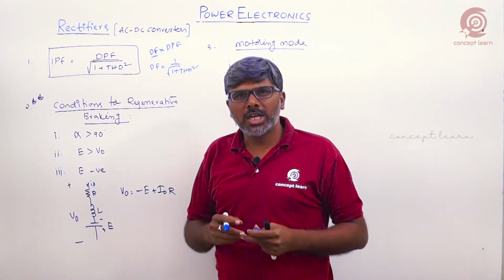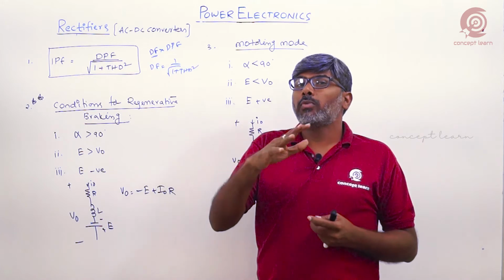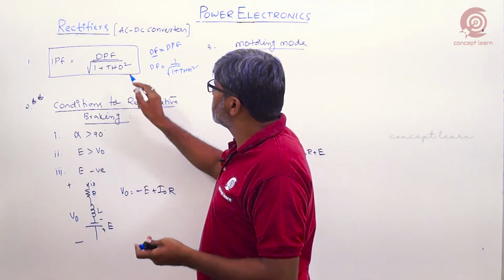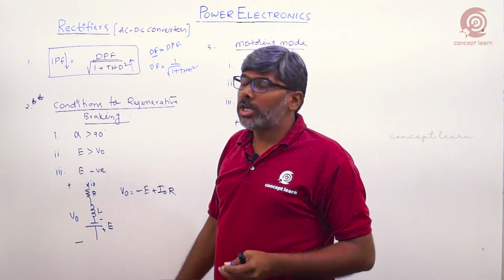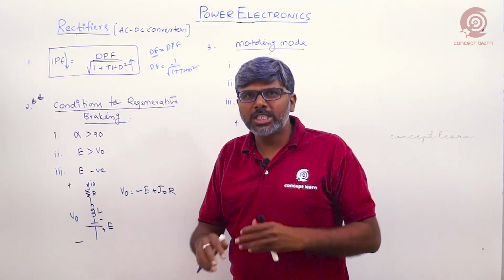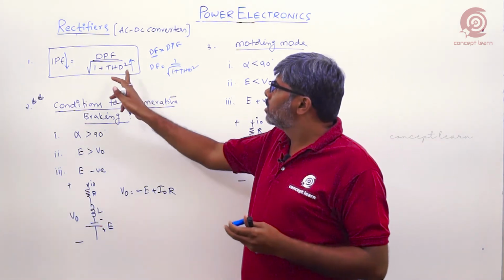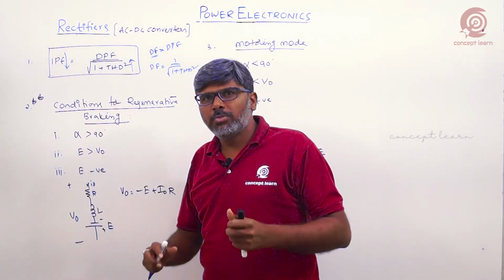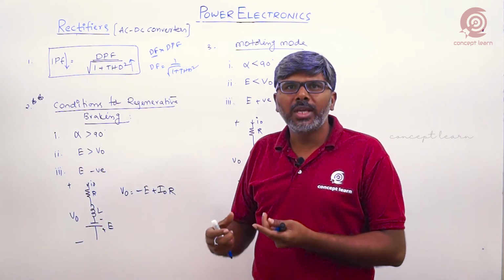So what is the use of this relation? We know that if THD is more, the supply power factor would be reduced. This is the relation: if THD is more, input power factor decreases. So in order to improve your supply power factor, THD should be minimum. In such a way, we need to design the converter to get less THD and improve the supply power factor. If the power factor is more, definitely the output of the converter also would be high.